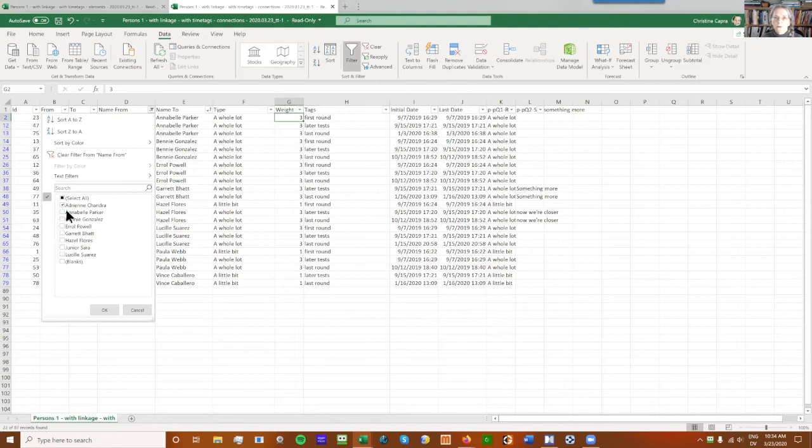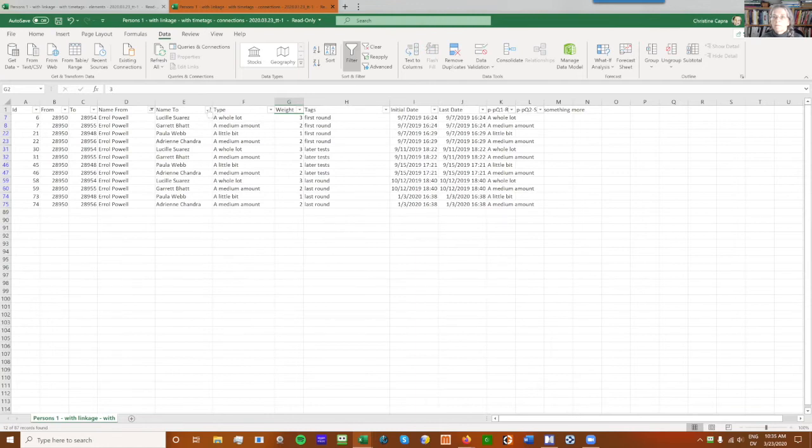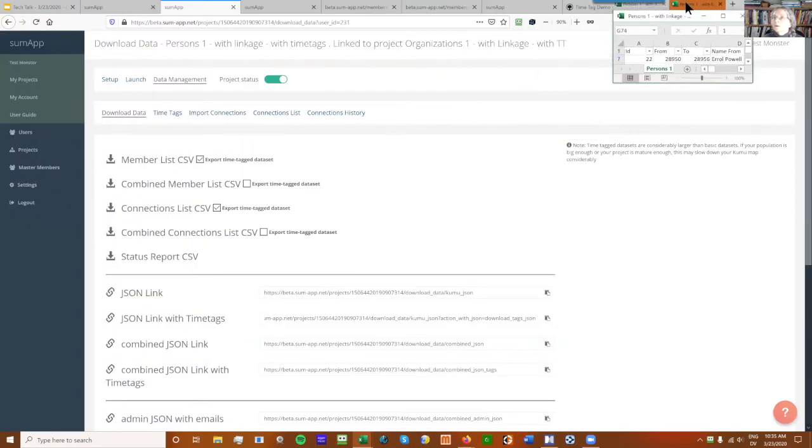Let's pick on somebody else who's maybe got some variation in her relationships. Oh, well, okay, people haven't been moving so much, but if I hardly knew you in the first round, it would be a 1, and then in the middle of the second round I gave it a 2, you would see each difference here. And we have to do that so that we can select each row separately in Kumu. I know I'm not articulating this very well, I apologize. That's what the data looks like.